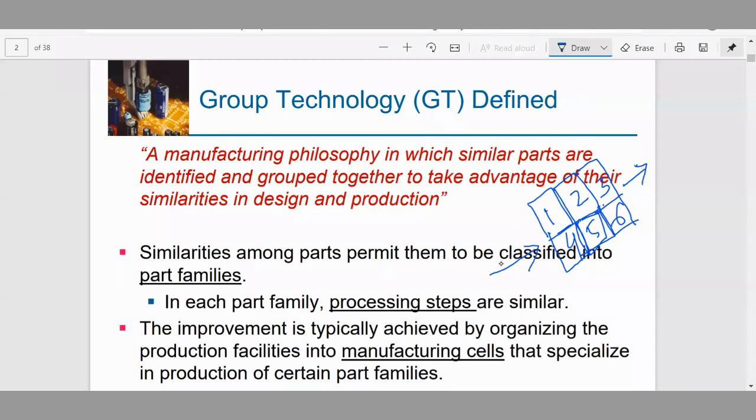In this type of manufacturing where there are cells, for example, here in this case there are 6 cells, it's called cellular manufacturing, and they are based on a technology which is called group technology. Group technology or cellular manufacturing are the same thing, you may say.